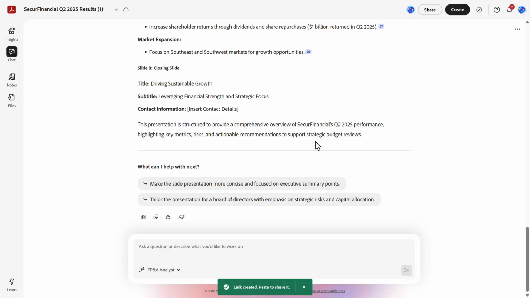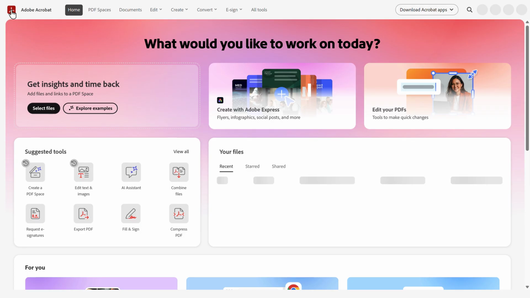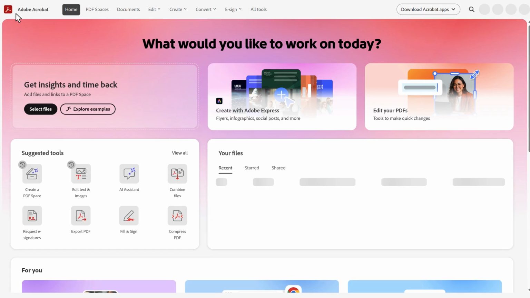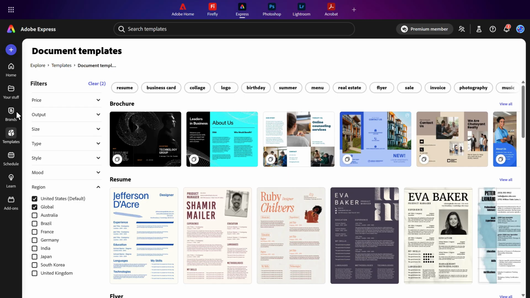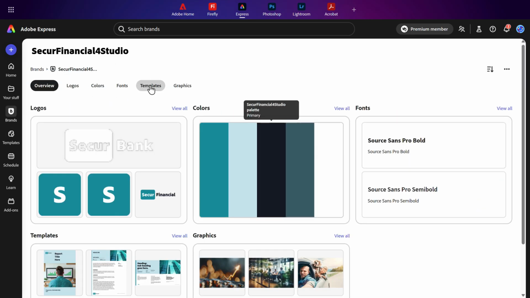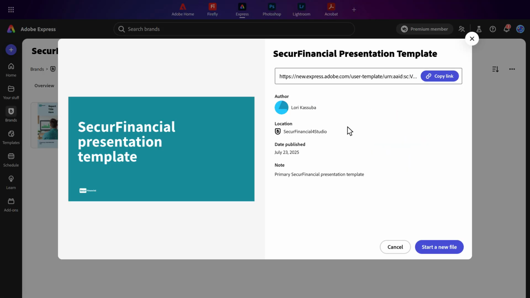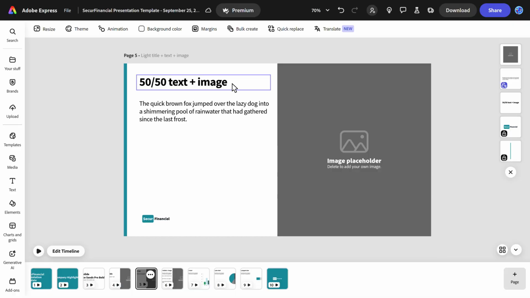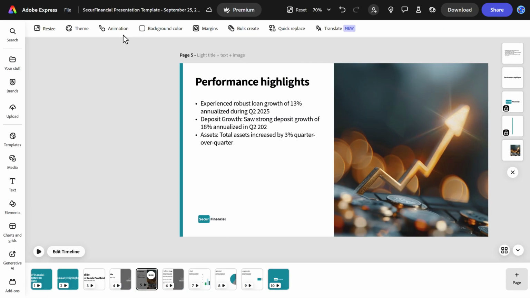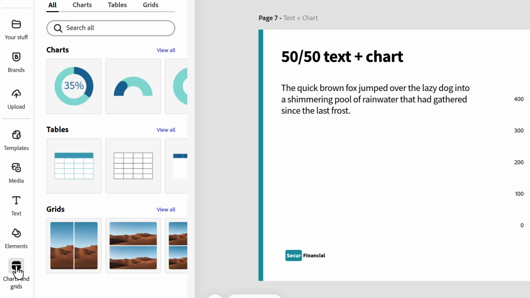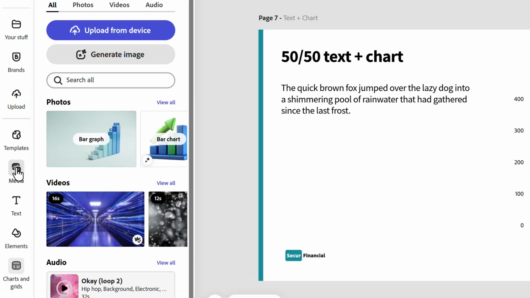Now that the content for the presentation is built, I can take it to the next level with a professional design. From the Acrobat Studio home, I jump right into Adobe Express, where I can choose from a template, or start with a company's branded design. I bring in the text from my PDF space, then use Express's intuitive editing tools to add tables, charts, or embedded video. And with access to a full library of Adobe stock images and fonts, it's easy to create a